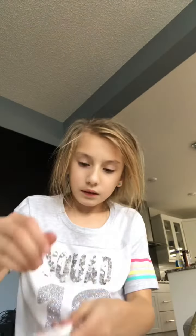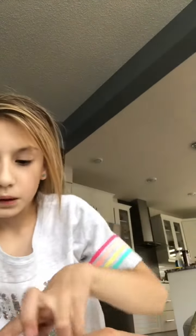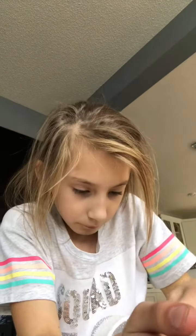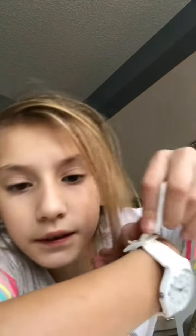So, first, put it how you like it. And then, take it, lift it up, put your hand here, and take this strap, put it through this thing, pull it, find the right hole for you, okay, and then see this little latchy